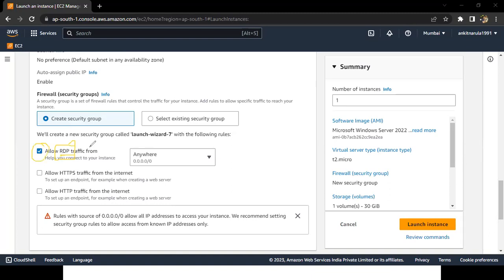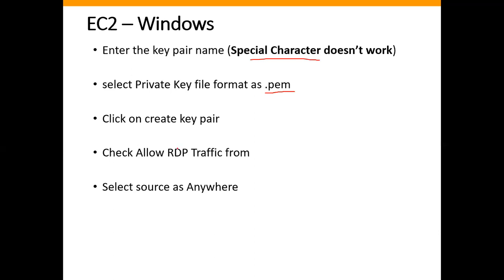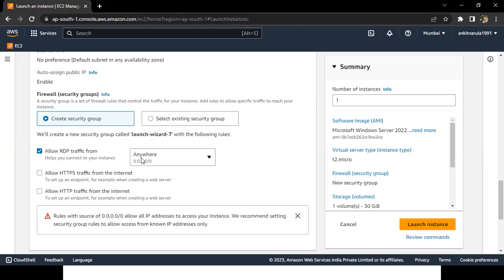It means to connect to this particular Windows machine, we need to make sure this checkbox is checked. If we do not check this checkbox, we are not able to connect to this particular Windows machine. And here it is mentioned as anywhere. Anywhere means we can connect to this particular machine from any part of the